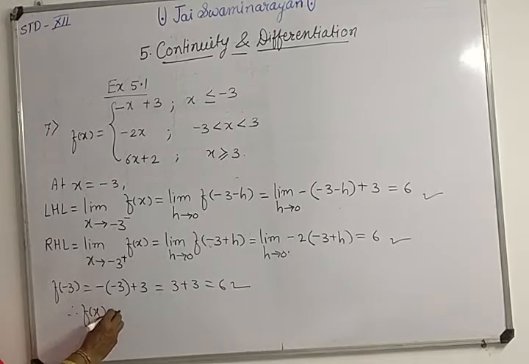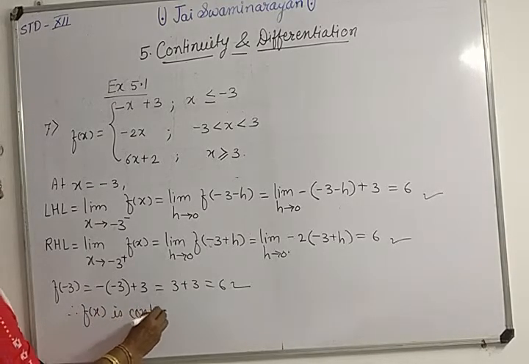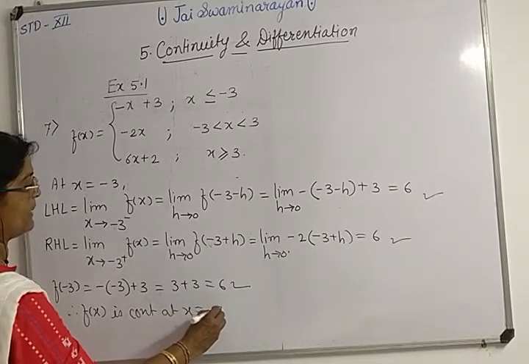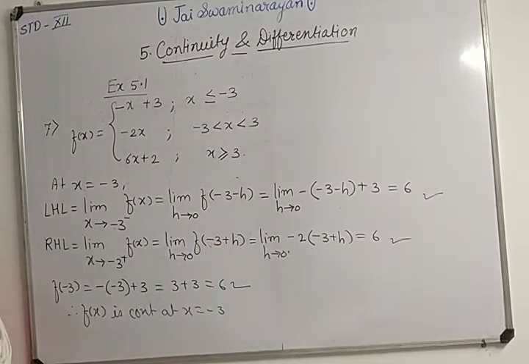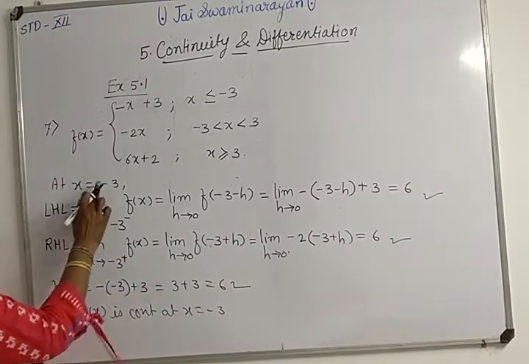Therefore f of x is continuous at x equal to -3. So for x equal to -3, it is continuous. Now whether it is continuous for x equal to 3, that we will check now. Now at x equal to 3,